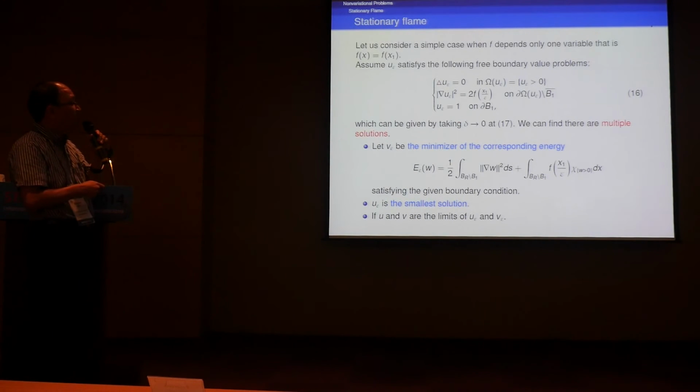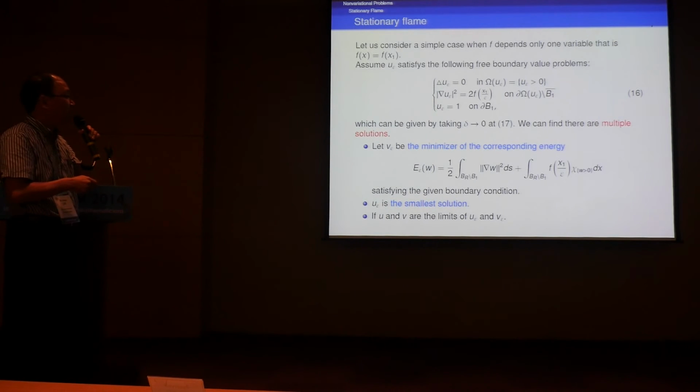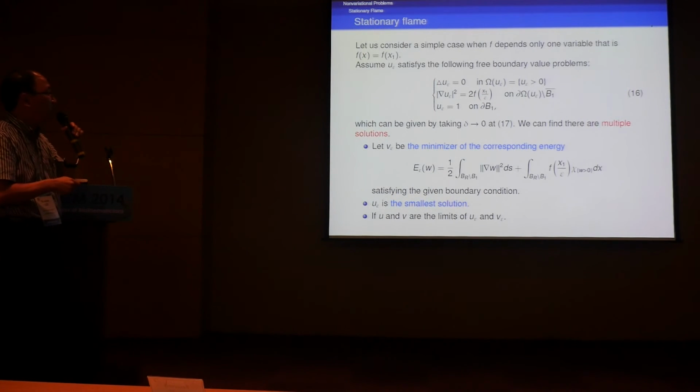So in the parallel type, you have use of T here, and this is a stationary flame. And there is a diffusion equation inside. Under the flame, you have a reaction kind of term here. And we consider the 1D problems. Well, I will show you the picture later. The interesting part of this problem is there are multiple solutions. There could be an energy minimizer, minimizing the corresponding energy, or a smallest solution, largest solution, and so on.